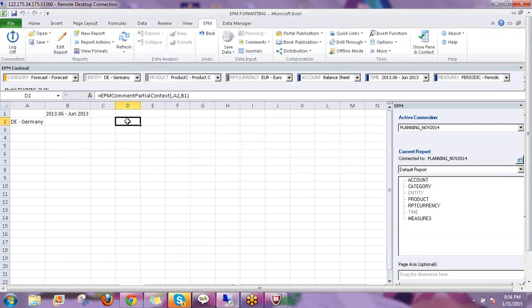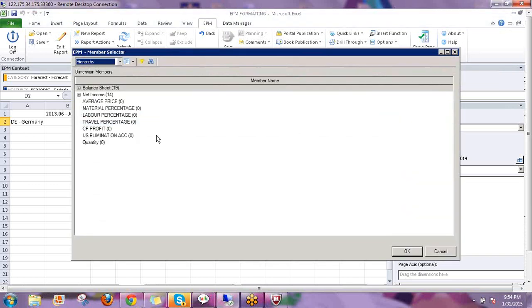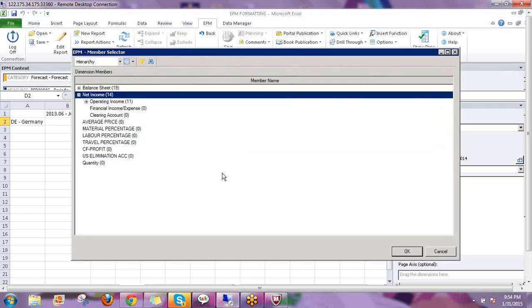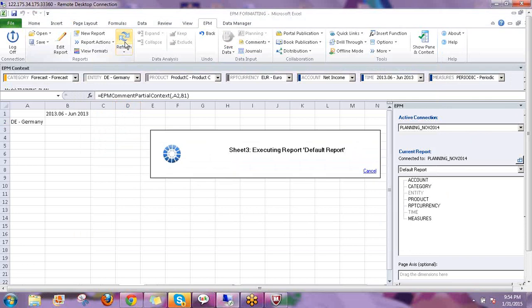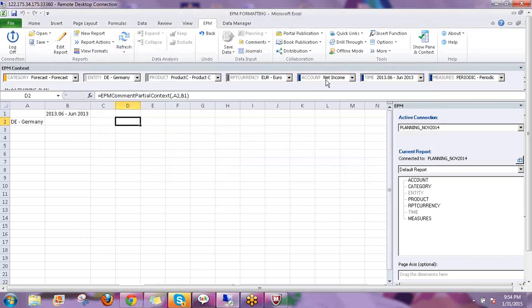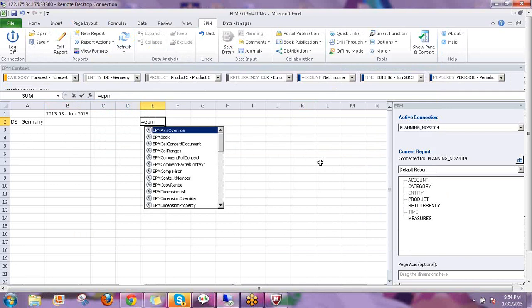Now if you see here, I am not able to retrieve any comment because I have stored my comments against these line items. And when I am storing my comment against this line item, the DE and June are my top nodes. And when I am storing comments, I am storing against a particular line item level, which I am not specifying in the context at all. So if I use EPM comment full context,